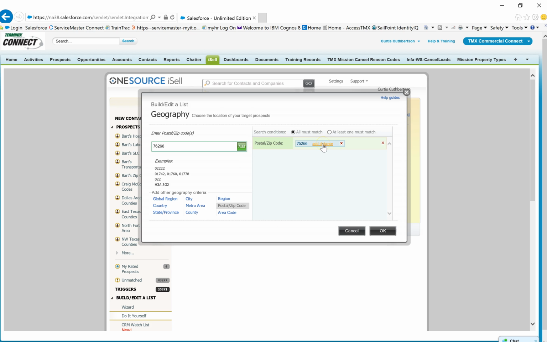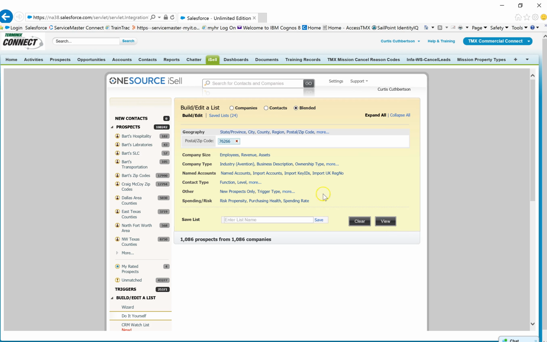Okay, you can add a distance around that zip code if you want to expand that out, or if you want to keep it just within the zip code, just leave it as the zip code that you've chosen, and you pick OK. The next thing you'll want to go to is down to company type,